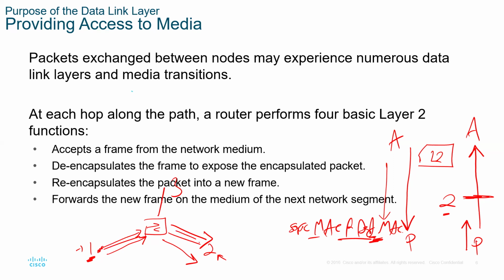When the frame is forwarded to PC number 2, it arrives at the physical layer, but we want to see that the data has arrived, so we start going up the layers, de-encapsulation, but this PC can reach the upper layer, the application. The switch stops at layer number 2. So this one takes the physical signal, it removes the frames at layer number 2, then we see that our address is the same as the address in the destination mark, so we lift it to the upper layers, and then we enter the networking